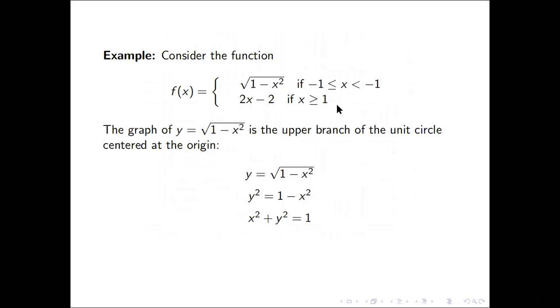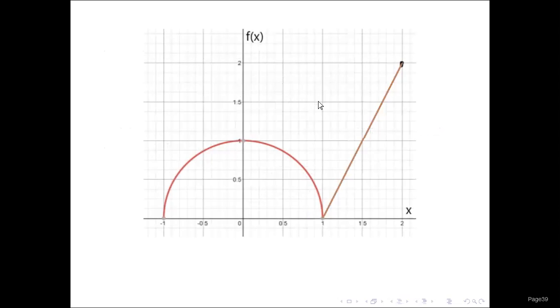Now, if you want to sketch the line, all you need are 2 points, right? 2 points determine a unique line. So you can start with x equals 1, plug in x, then get y, plug in x equals 2, get y, then connect the 2 points. Then, of course, limit the line to x greater than or equal to 1. And verify that you will be having this as the graph of our piecewise defined function.